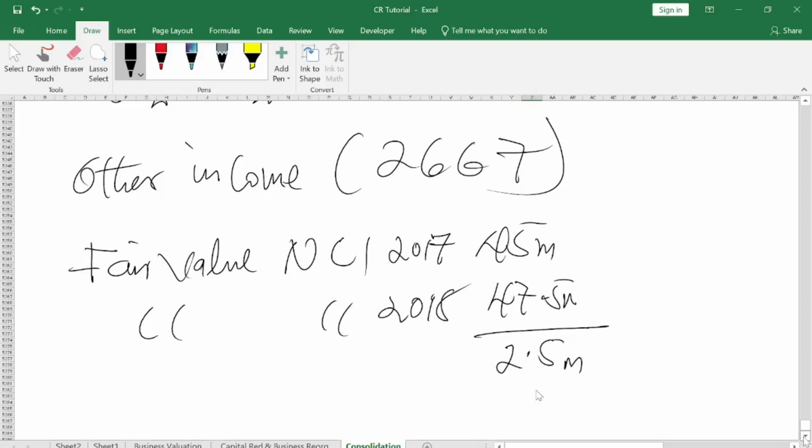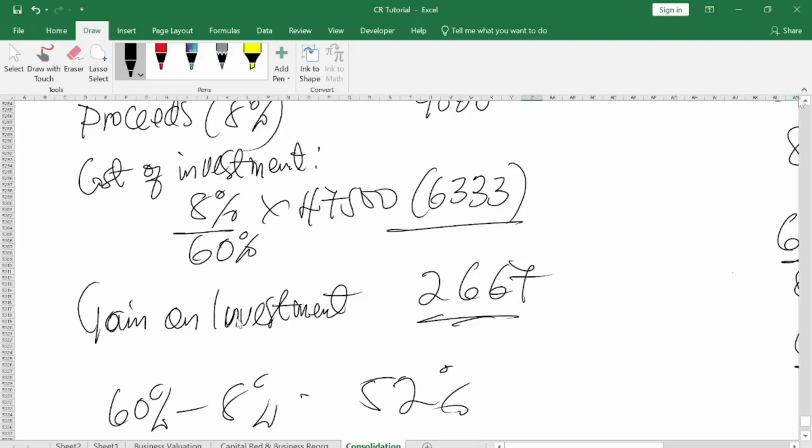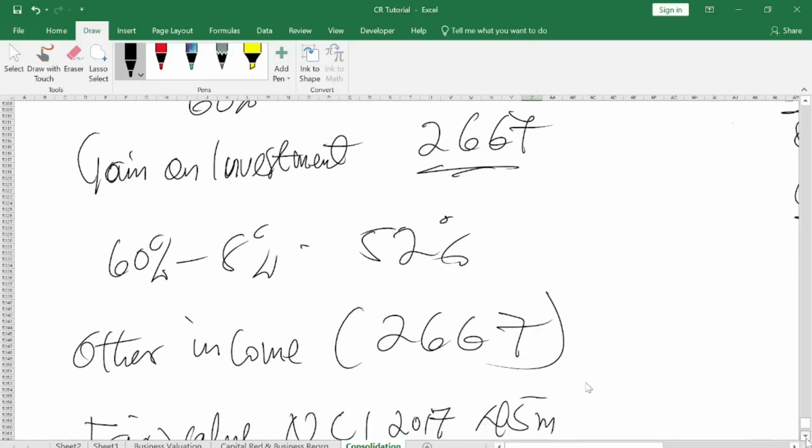They said this 2.5 million, you also go to OCI and remove it. You remove this 2.5 million from OCI. Why are you removing it from OCI? Because whenever there's a fair value gain on it, it cannot belong to the parent. Are you with me? Yeah. So this one too will be removed because